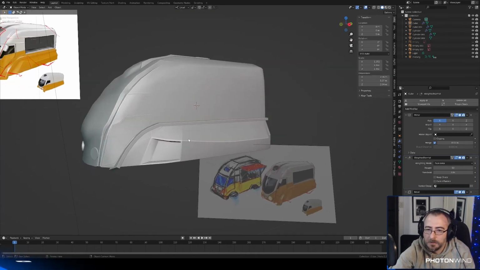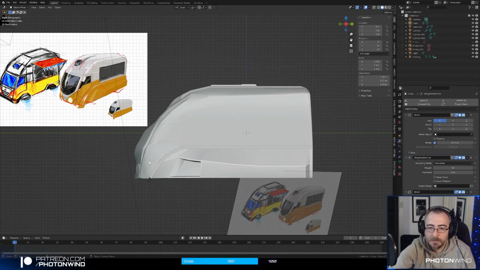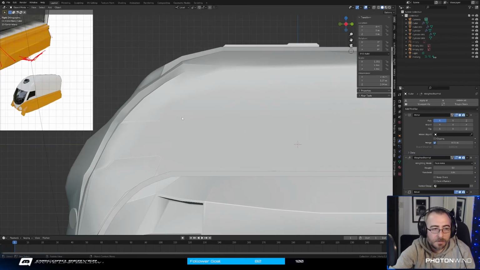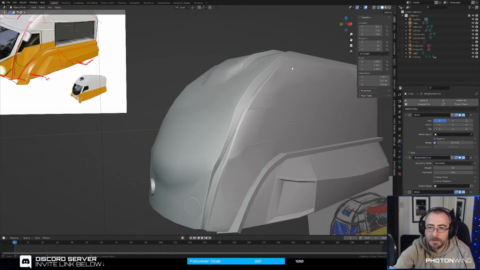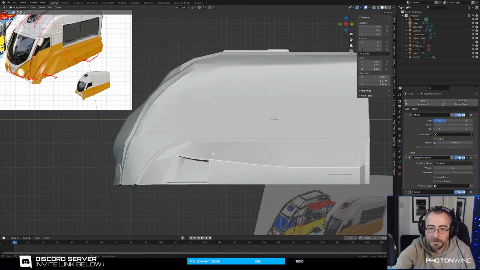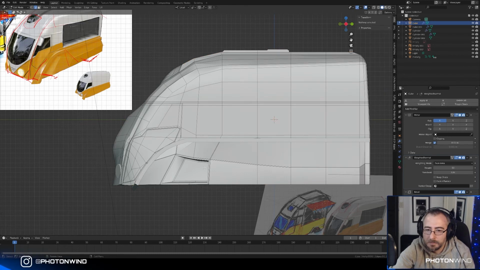I do feel what might be the problem is this line sort of doesn't connect to anything. So let's just look from the side. We've got this swooping curve along the front of the window that connects to the front of it, the side of it, and then follows through with this curve, which is very similar, that goes along into the counter over there. But then this curve over here doesn't actually connect with anything. It's just sort of a line in the middle of nowhere. So maybe what I need to do